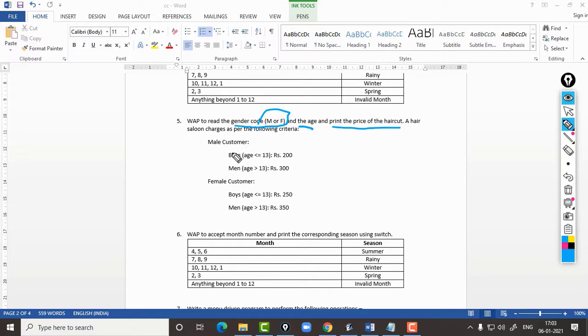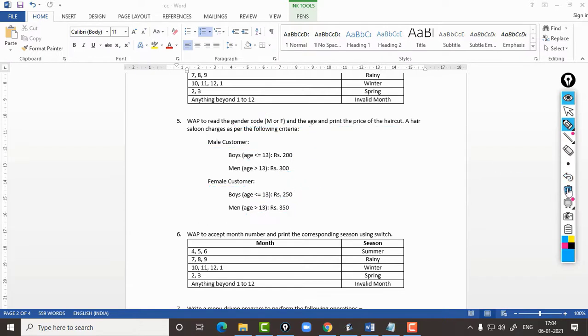So the charges will be calculated something like this. If it's a male customer, and if the age is less than equal to 13, the charge is 200, and if the age is greater than 13 of that male, then the charge is 300. And for female customer, if the age is less than equal to 13, then the charge is 250, and if the age is greater than 13, then the charge is 350.